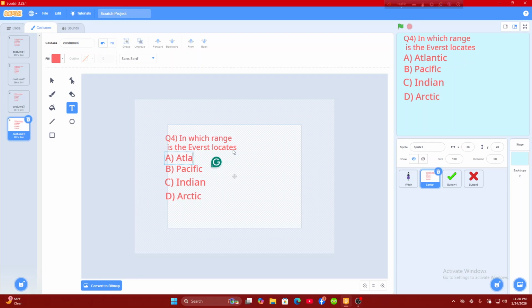So we'll do Andes. First will be Andes, then it will be the Rockies, or Rookie maybe, Rockies, like so. Now our third will be Himalayas, and our last will be Alps. Okay,